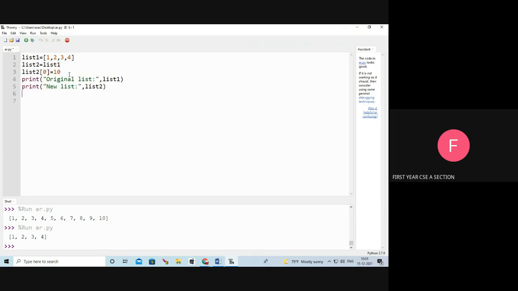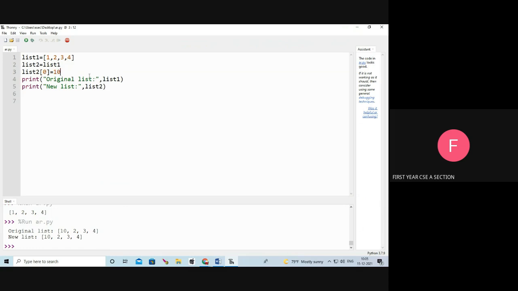Here we cannot copy a list by simply putting list 2 equal to list 1. We can copy, but what happens is, if I change any element in list 2, it will reflect in list 1 also. See the output. List 1 equal to 1 2 3 4, list 2 equal to list 1. List 2 of 0 is 10. I am changing the 0th position to 10.